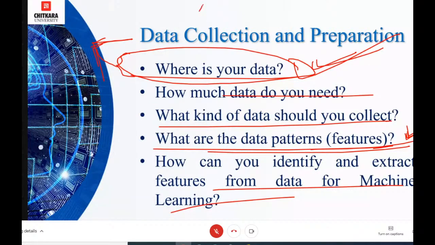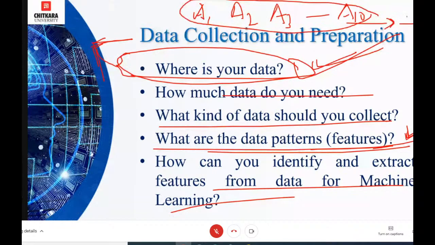Suppose the attributes are A1, A2, A3, up to A10. Based on that, we decide whether this particular patient is cancerous. Suppose the value 1 shows that this particular patient is cancerous.